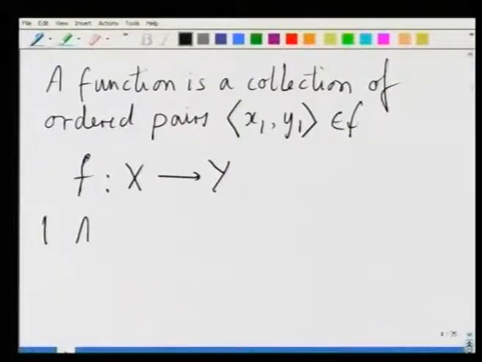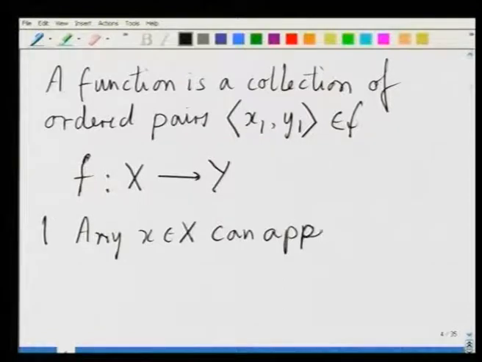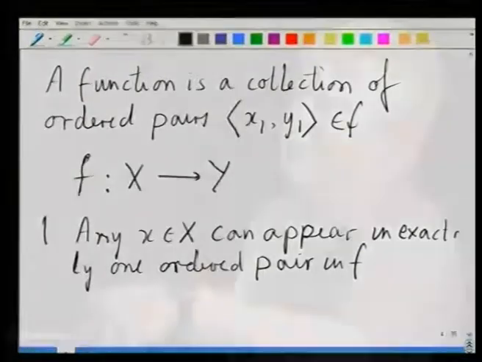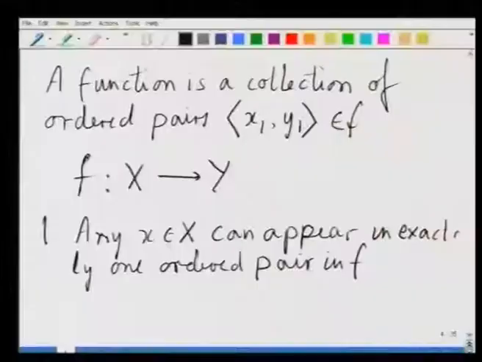So, no more than 1, no less than 1. That is a very important property, and because of this property, any particular x in X can only be associated with a particular y in the set Y. In short, something of the sort that I am about to write cannot be a function.